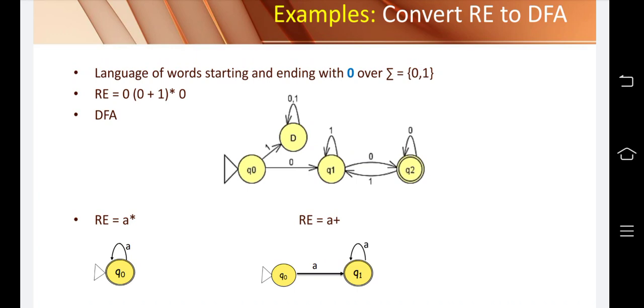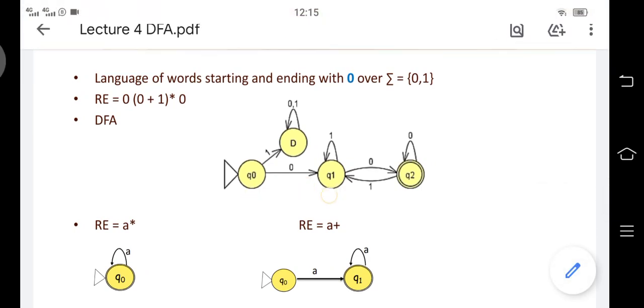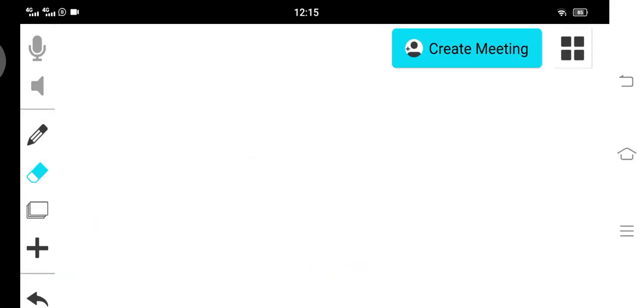Now this is a language of words starting and ending with zero. So you need to create a finite automata. First you need to fulfill the basic condition. The basic condition is that the words start with zero and end with zero. So you need to create this one: Q0 to Q1 on 0, Q1 to Q2 also on 0 transition. So the finite automata will be like this: Q0 is the initial state,